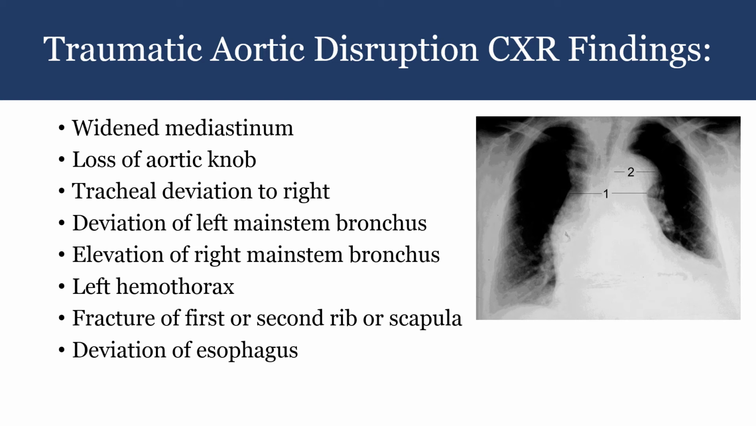You have deviation of the left main stem bronchus, elevation of the right main stem bronchus, left hemithorax, because that can occur because of the rib fractures. You have a fractured first or second rib, and also you might have deviation of the